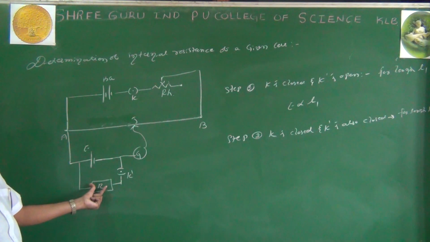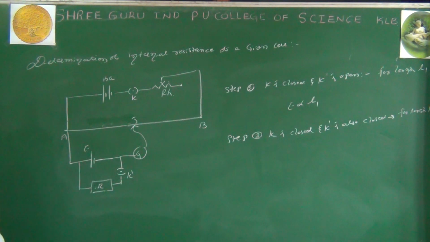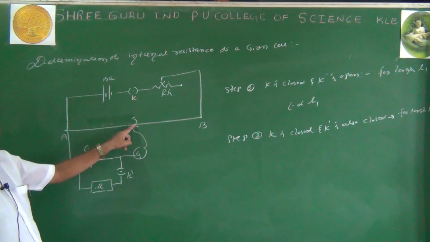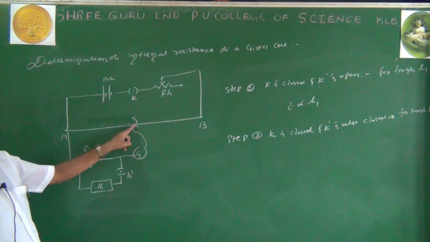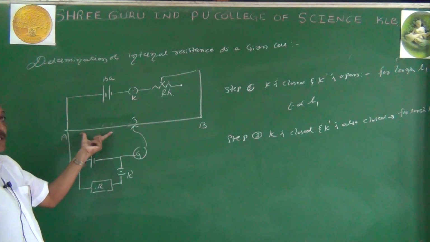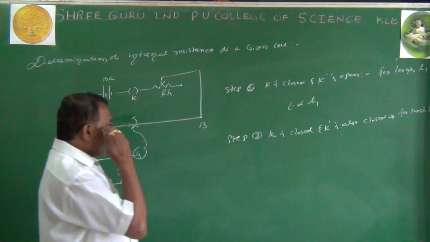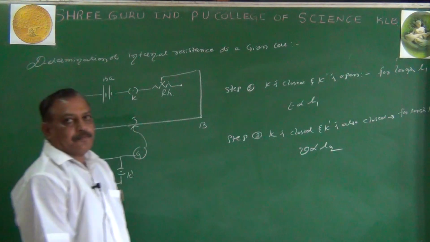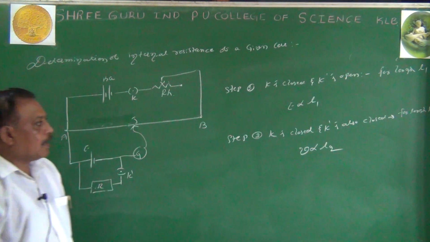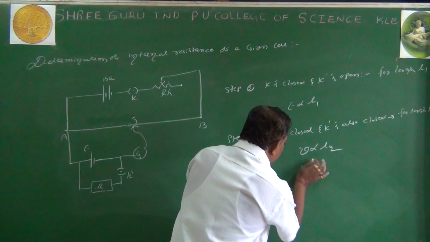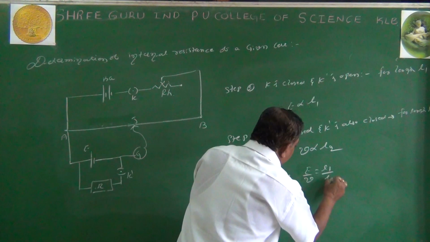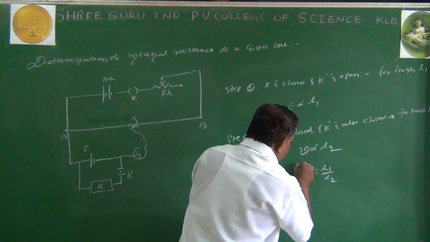Closed circuit voltage is known as potential difference. Then I can get V here. The same procedure: take the jockey at the end A and go on sliding on the wire of the potentiometer till I get zero deflection. That measures the length L2. Then potential difference V is directly proportional to L2. Is it clear? Then I make the ratio: E by V is equal to L1 by L2. The constants get cancelled.